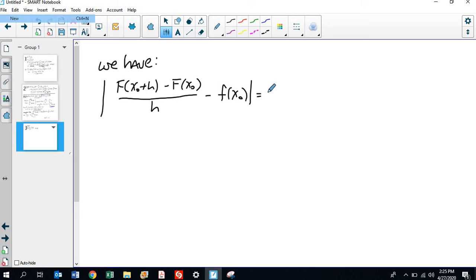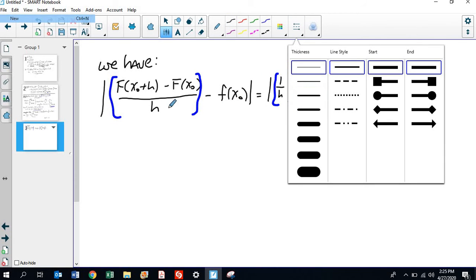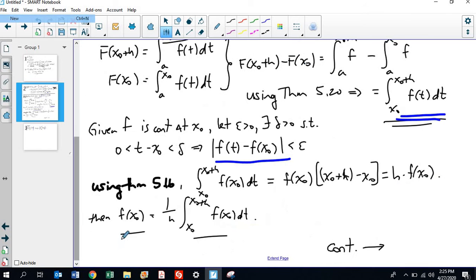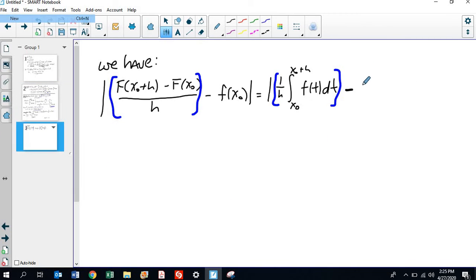All right. Well, this is equal to 1 over h times the integral from x0 to x0 plus h of f of t dt. Right, that part right there is equal to this, because of the definition of big F. And then that's minus f of x0, and we just found what f of x0 is equal to, right? What's f of x0 equal to? 1 over h, the integral from x0 to x0 plus h of f of x0. So we have this exact same thing except f of x0